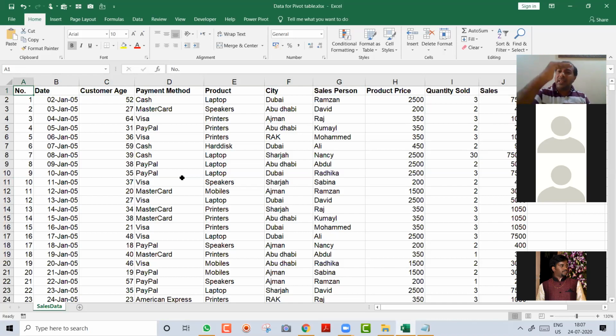Why should you have this type of data? So that you can easily do sorting. On this data, sorting can be done very easily. On this data, filtering can be done very easily. On this data, pivot can be done very easily. So everything can be done easily on the data which is coming from top to bottom. This is again a theory part. Don't get bored because this is very important. Okay. Now you have understood the data.